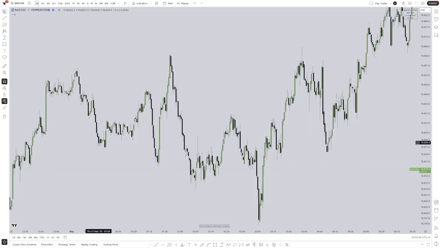So the midnight opening range is from 12 o'clock to 12:30 New York time. And then you want to measure that range. Okay. And once you do that, now if you're going to be trading London, right? So you want to catch the low of London, or the high of London. In most cases, the low will be the standard deviation of 0.5 of this range here in London, or -1